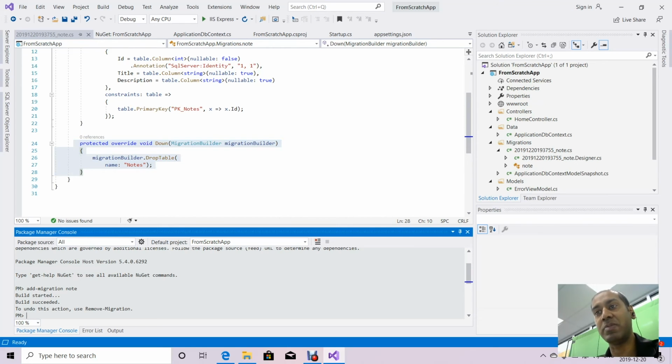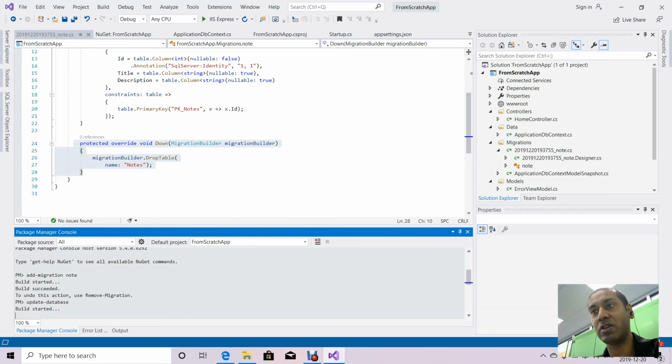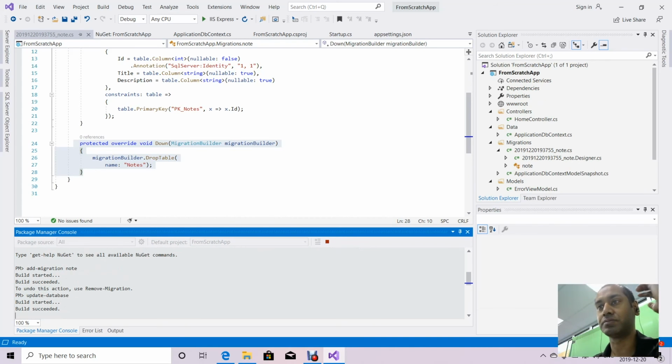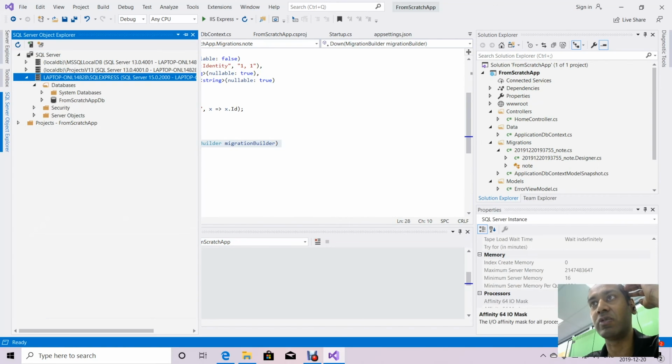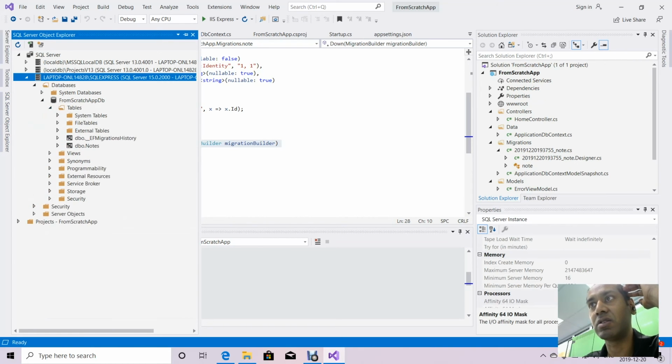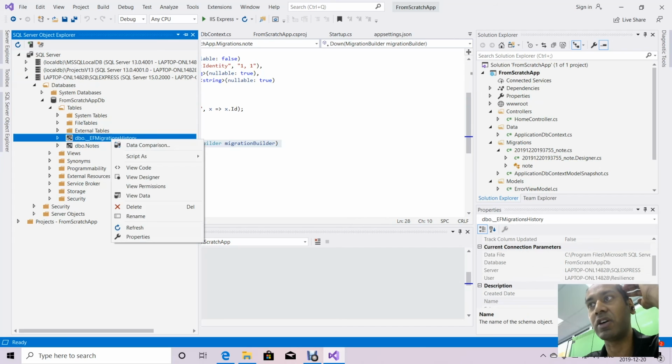So now let's type in update database to commit these changes to our database and press enter. What Entity Framework Core has done is now created the table in our database. So if we go to SQL Server Object Explorer, go to our from scratch app database and look at the tables, suddenly we have notes. But look over here, we also have the EF migrations history, which tells us